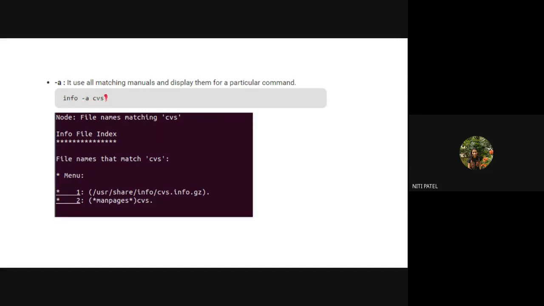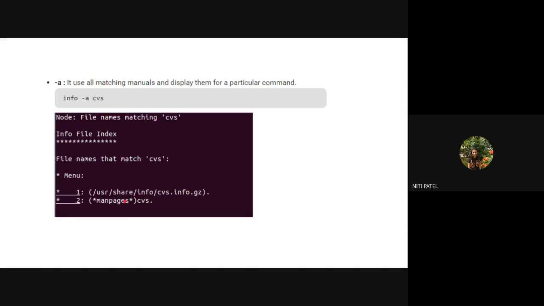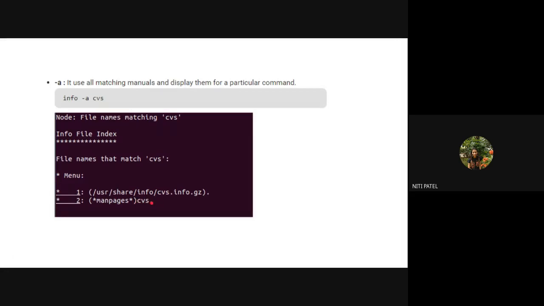Now, if I replace this CVS with crontab, what will happen? I will find over here all the files which have the name crontab along with the entry of the man page, with CVS replaced here with crontab, which means what? You have crontab information in the man page also. Again, if I replace this CVS with printf, I will always find one entry with man page printf. Why? Because you have the entry of that printf inside the man page also.